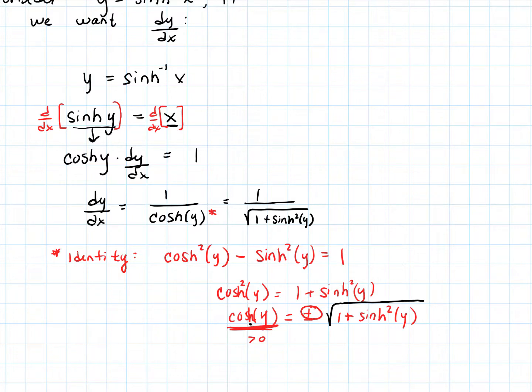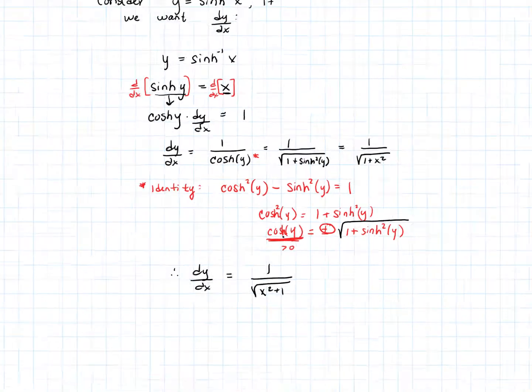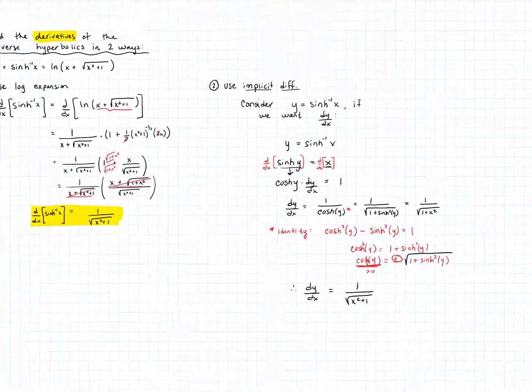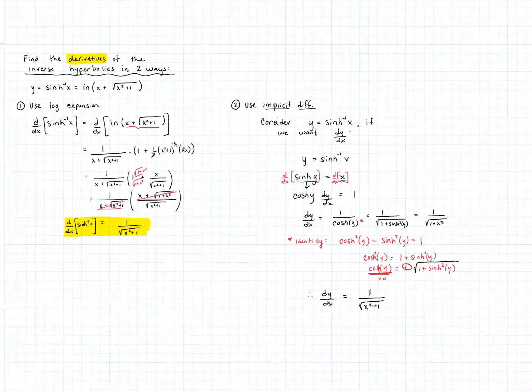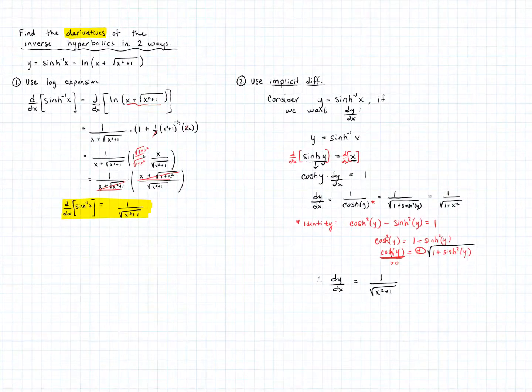So what that all means is that this is actually just 1 over the square root of 1 plus x squared, or rewrite it as we did on the other side, and we can say, therefore, the derivative dy/dx is equal to 1 over the square root of x squared plus 1. Or 1 plus x squared, however we want to write it. Obviously, those are the same thing mathematically. And there is your derivative of the inverse hyperbolic sine